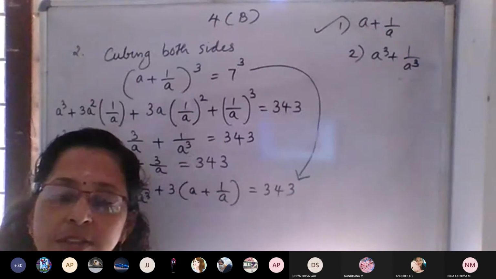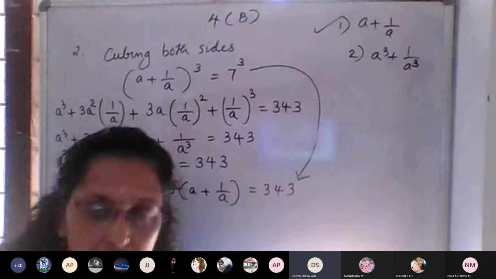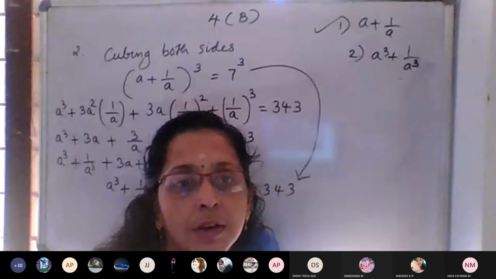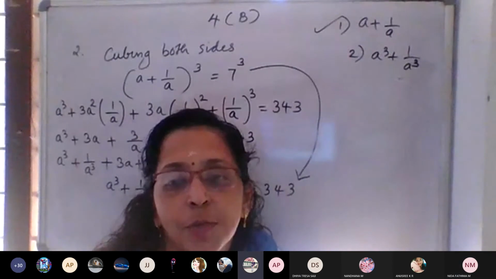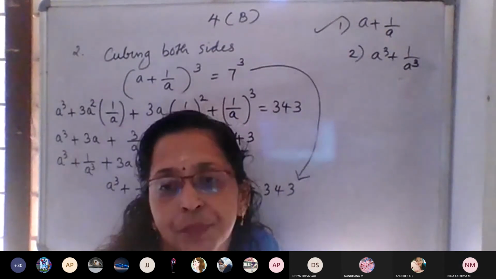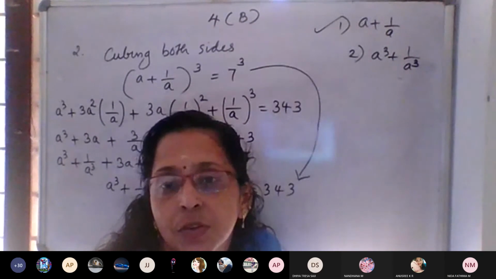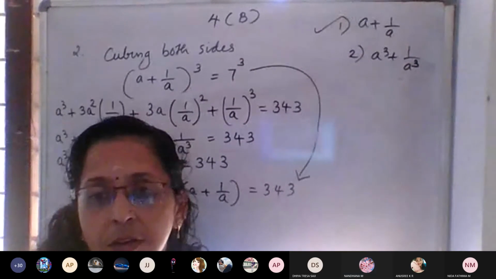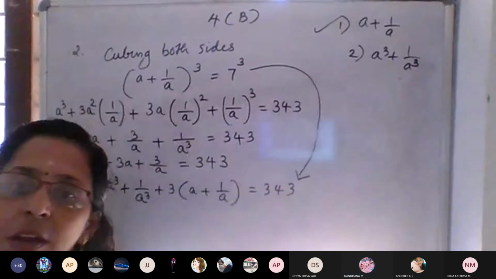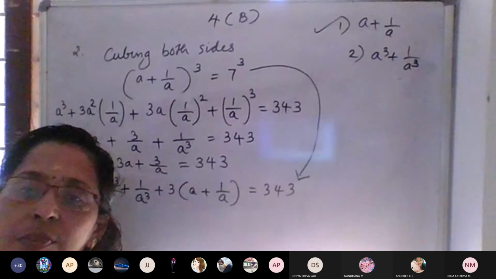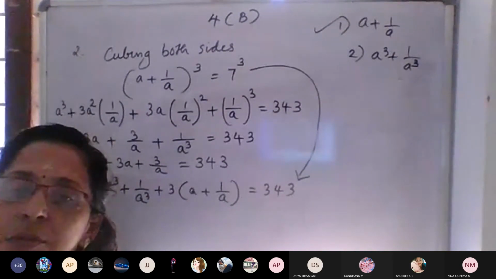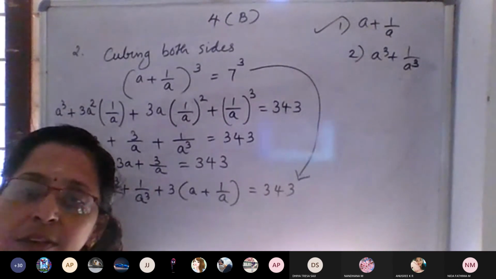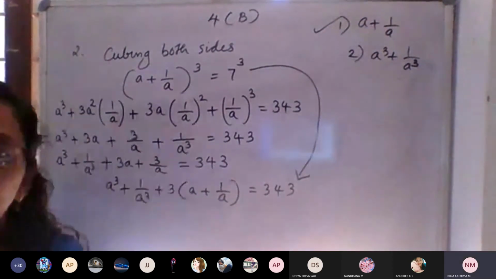Others, those who are not raising your hands, you are following the lengthy method, doing (a plus b) whole cube. For the others, without studying the formula, directly do the calculations. Ma'am, will you please move? So you are doing that method, isn't it? Only 1, 2, 3, 4, 5 students. So we can do this lengthy method. That is better.